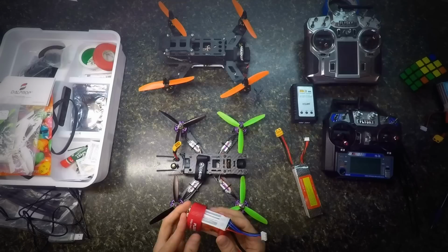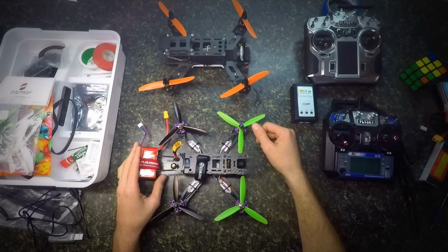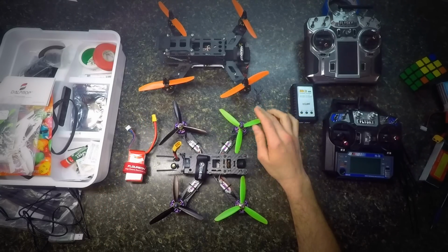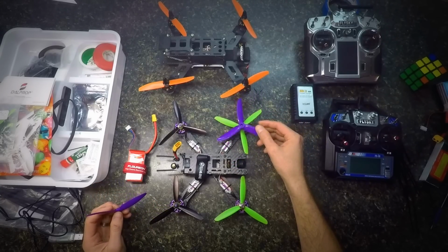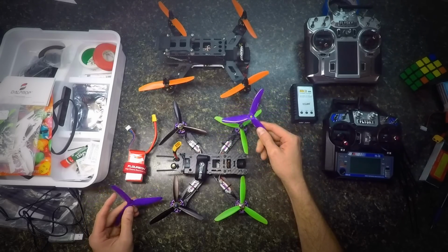I got another one on the charger. So batteries, okay, get you a couple batteries. Get you that deal right there, 2 for 20. Get you some better props, okay? These props that come with it are junk. All right, and I don't know anybody else's opinion on that, but as far as just me using them,